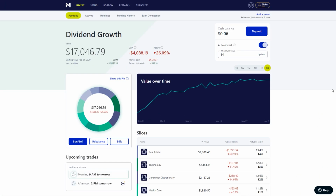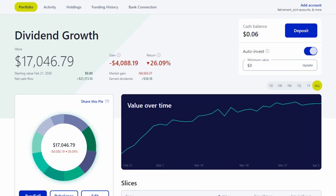Okay, so looking at the portfolio here, first thing we might notice is that they launched a new design for the website and the mobile app. It definitely looks different, but I do like it. It's clean, laid out really well. We see the account is sitting at $17,046.79, and we do have an increased net cash flow of